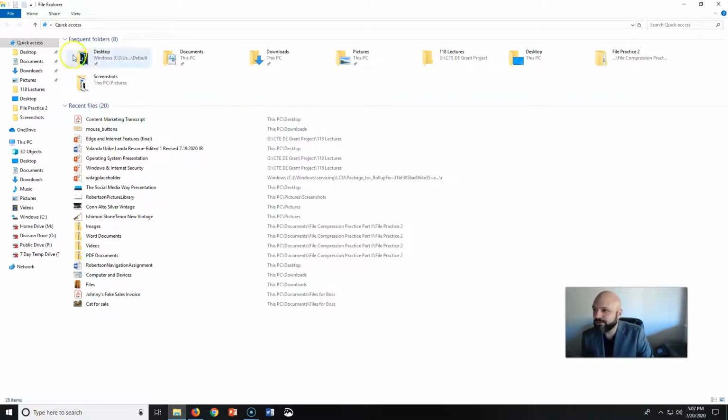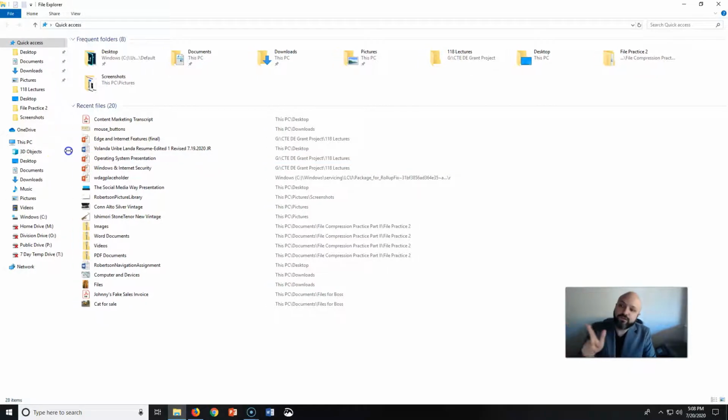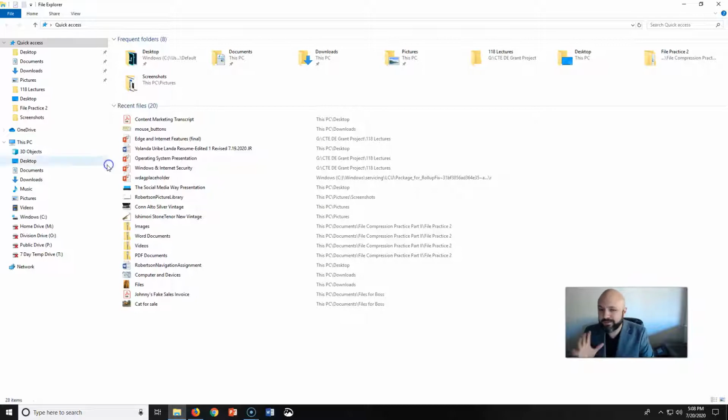Alright, so notice there's this line right here, and when I put my mouse right over the line, I get arrows going in either direction. I'm going to go ahead and left click that, hold it down, and drag the mouse over so I get a little more breathing room here.